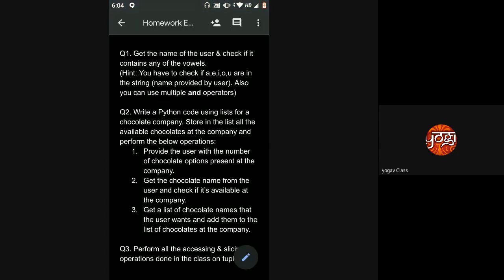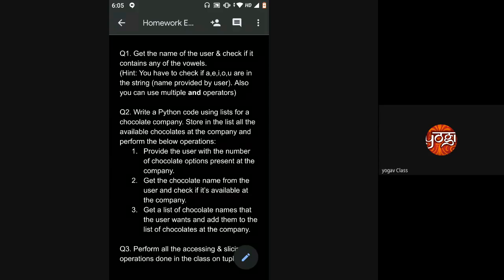Okay, so that is the first one. Then the second one is exactly like the one we did in the class, the ice cream company. You can just create a list for a chocolate company and store whatever chocolates you want inside that list. First, you provide the user with the number of chocolate options you already have, then get the chocolate name from the user and check if it is available in your current list. Third, get chocolate names the user wants and add them to the list.